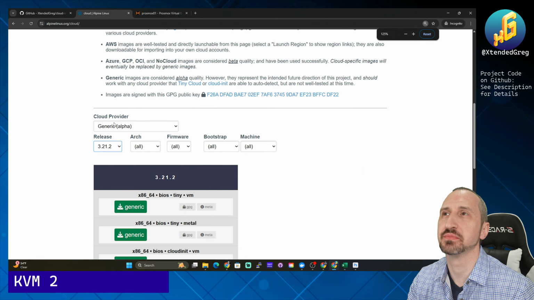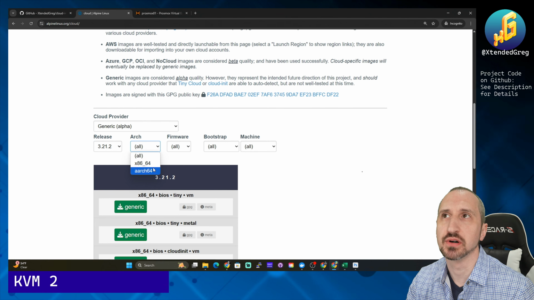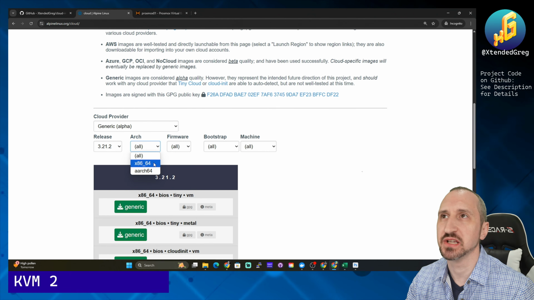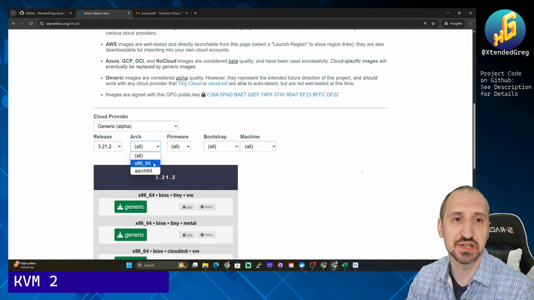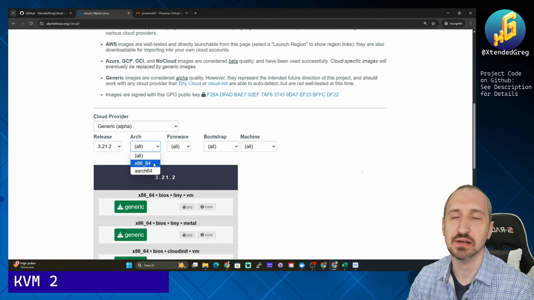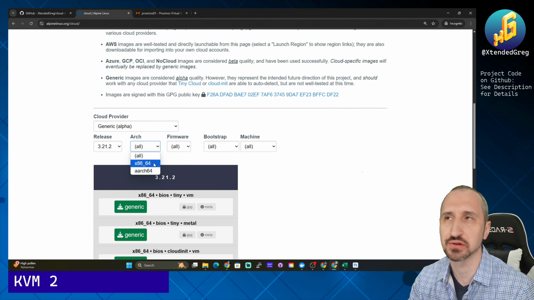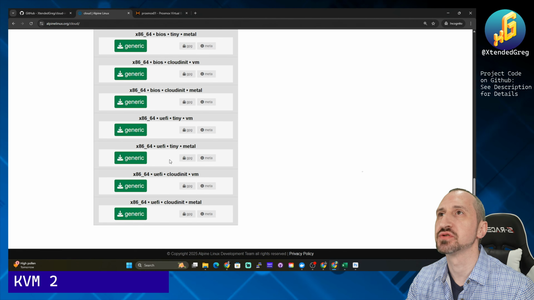I'll zoom in a little bit. Our architecture in this particular case is x86-64. We could run AArch64 as well, but the performance is not quite there. It is virtualized and emulated. Unless there's a specific case that you need it, like if you're doing things for Raspberry Pi and want to cross-compile using a virtual machine, then you would do that. But in this particular case, we're only going to stick to x86-64 since that's the architecture I have for Proxmox. And we're going to keep it to that, and we see that there's one